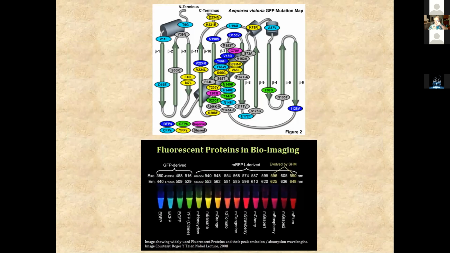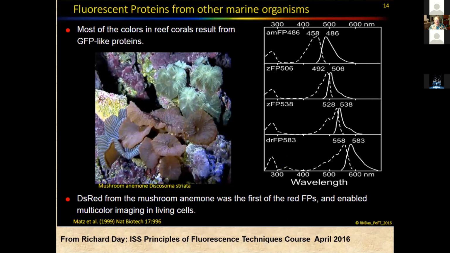Now there's been people like Roger Tsien in particular and others show that you can mutate amino acids around the chromophore in the GFP and get many different colors, and there's a whole rainbow of coloring now. And I got some nice slides from Richard Day from a fluorescence course he taught. You get now, besides from the